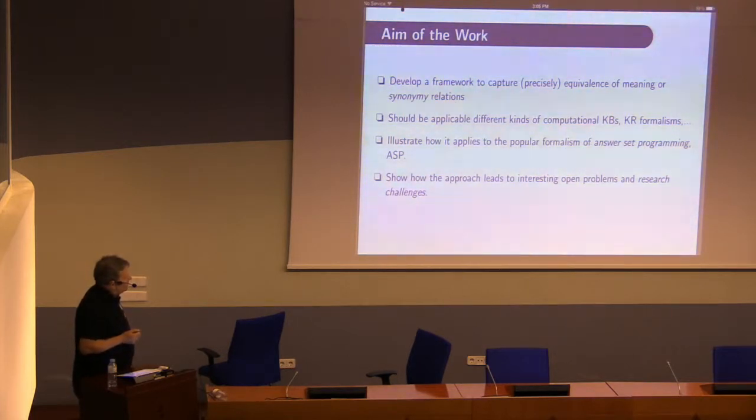One of the things I'm interested in is how to capture equivalence of meaning or synonymy when you're using different languages. And I want this to be applicable to different kinds of computational knowledge bases and knowledge representation formalisms. And I want to illustrate how it can apply in one very popular area, which is called answer set